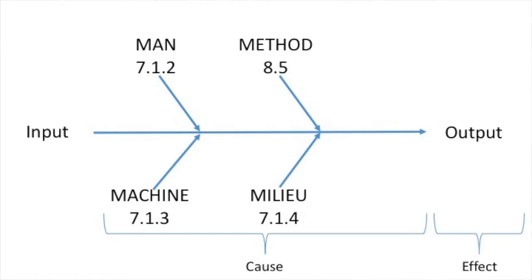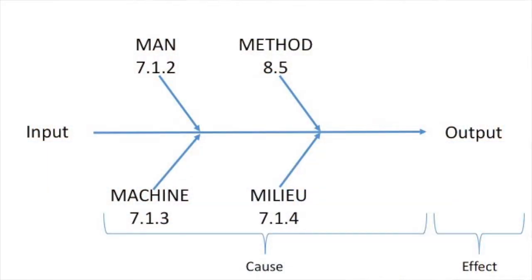And in this area, we want to make sure that we look beyond just the operator to find the cause of the nonconformance, because Ishikawa's research showed that operator error happens, but typically it causes the nonconformance only about 6% of the time. The real cause for the nonconformance lies in either the machine, the method, or the milieu. So Ishikawa's work was very important because it showed that operator errors happen, but typically the operator is the sole cause only about 6% of the time. You'll notice here the word man has the number 7.1.2 under it. That's the clause from ISO